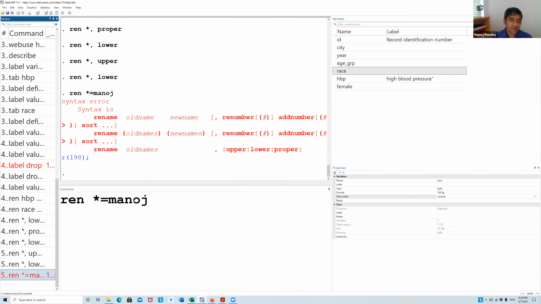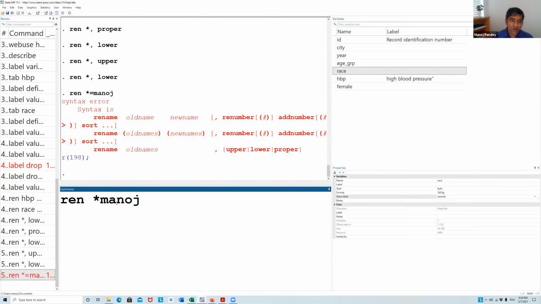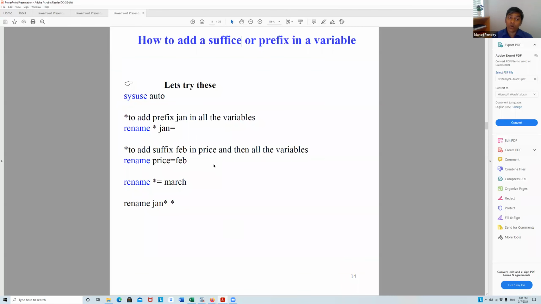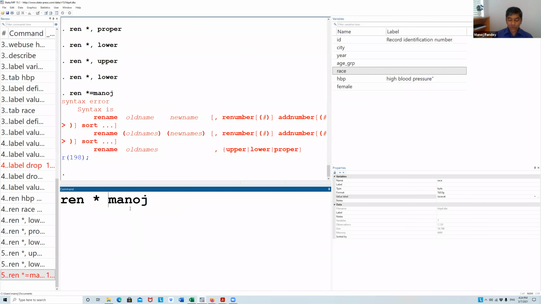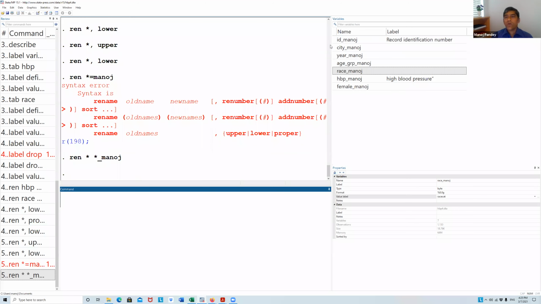It is not going to work. So I will use some intuition: I will say star underscore Manoj. Let's check it. All the variables now have underscore Manoj, you can see here.